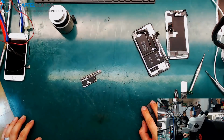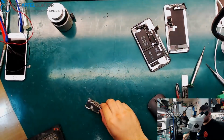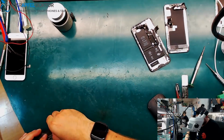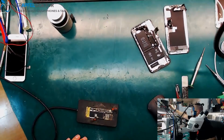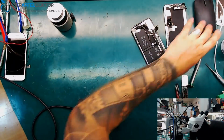Okay, let us fix that pretty phone, that pretty board, and get a happy customer. Why not? And let us see, yes, one SSD repair, one data recovery. And let us see if we can fix that board within about a half hour, because I have to take